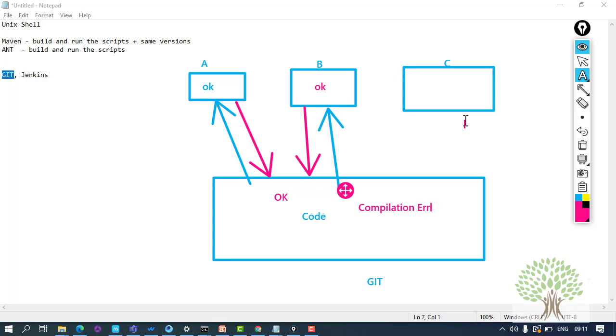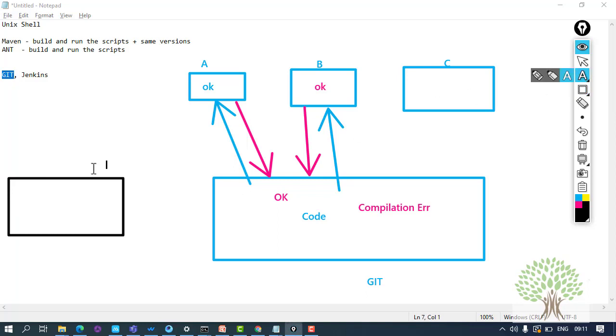Especially when 50 to 100 people are collaborating on the same project. That is the major reason why we use Jenkins. What Jenkins does is, it will constantly be in touch with Git.